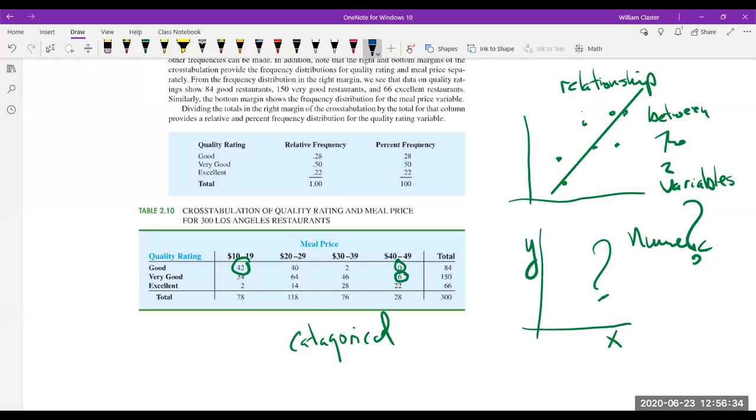What would you be looking for? So I still want to do the same thing. I want to know